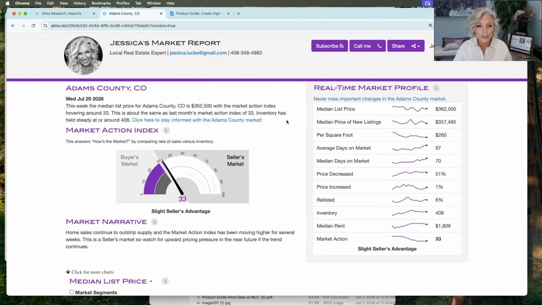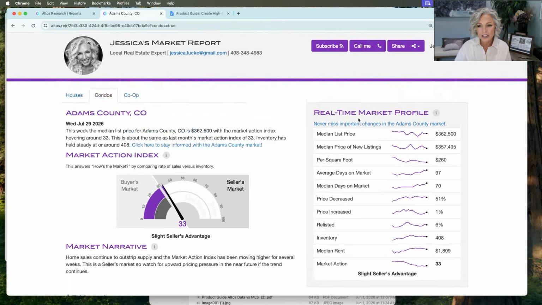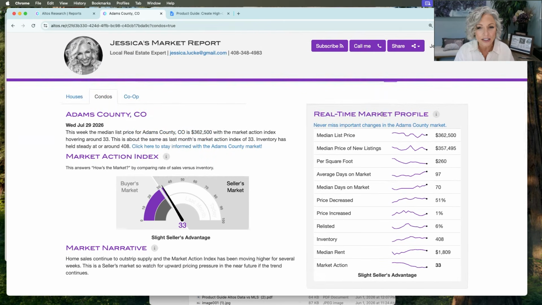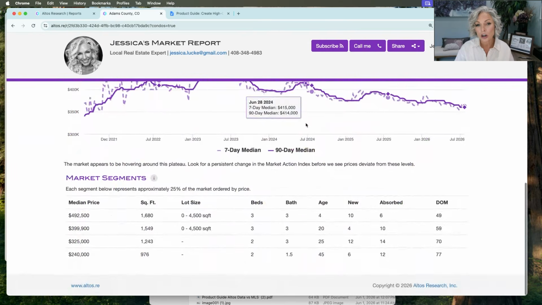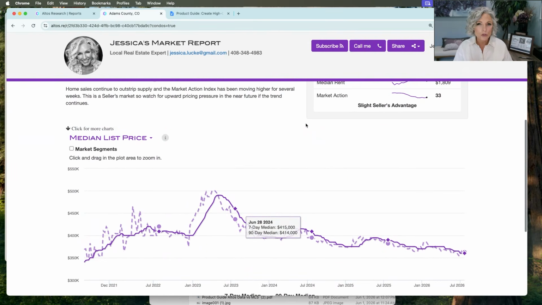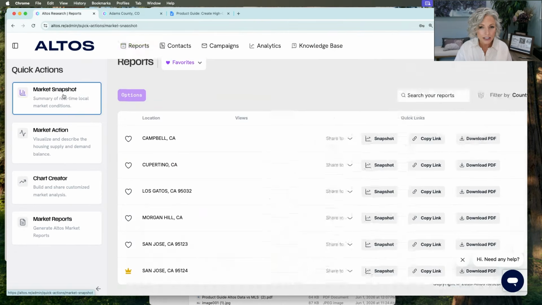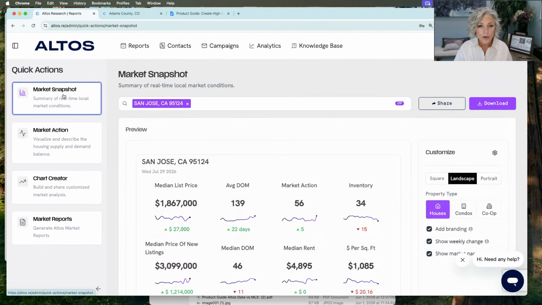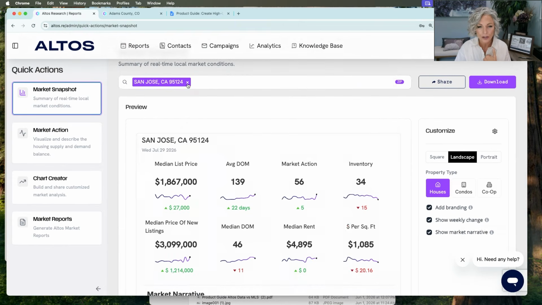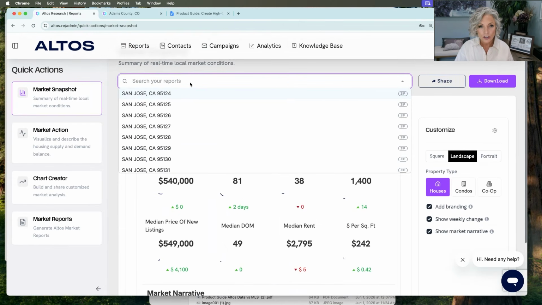What if you just wanted the market action index? What if you just wanted a quick snapshot of the most important statistics? What if you wanted a chart? Whether it be for social media, a quick email send, you can do that using the quick actions. So over on the left-hand side, we can go click on Market Snapshot. Market Snapshot, you have your search function. It automatically brings up this location, but if I wanted something different, you just go ahead and